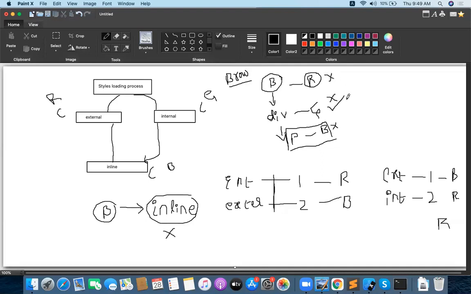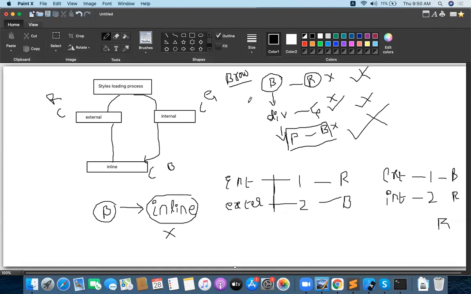Okay, just understand, this is a parent-child architecture. In your HTML, based on how you are maintaining your parent-child architecture, colors are getting applied. Child will always take first. If you are applying the color for the child, automatically it will apply. If you are not applying it for the child, it will take from the parent. If you are not writing it for the parent also, it will take from the super parent. If you are not applying it for the super parent also, it will take from the browser.